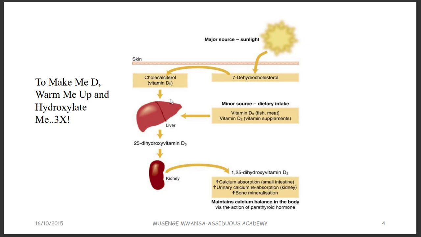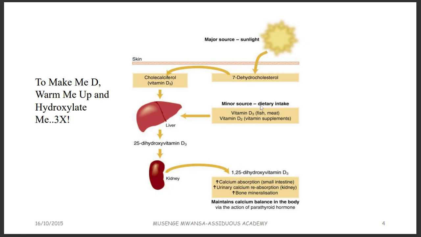And this vitamin D3 now goes to the liver. There's going to be production of 25-hydroxy vitamin D3, or 25-hydroxycholecalciferol, and then this one is now going to be converted in the kidney